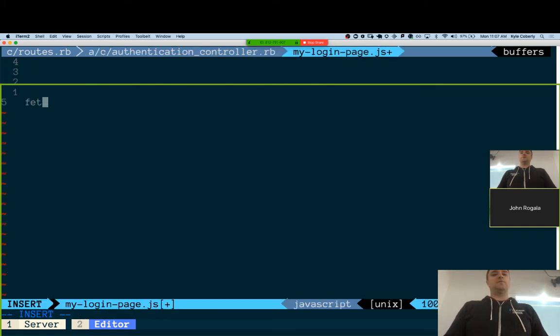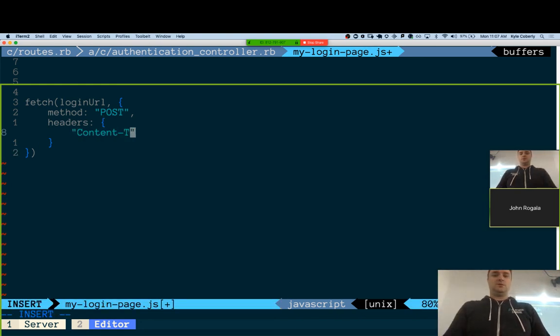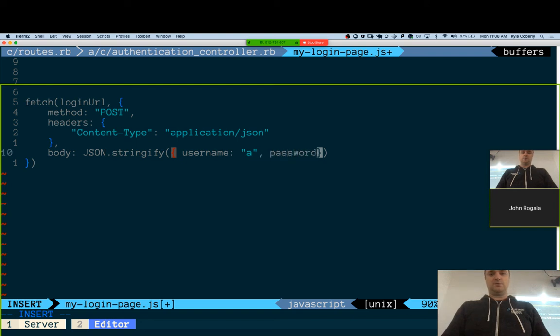I would probably do something like fetch login URL, and I would give it method post and headers content type application JSON, body is JSON.stringify username A, password A, and then